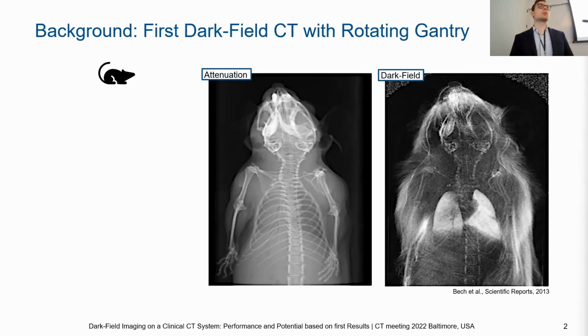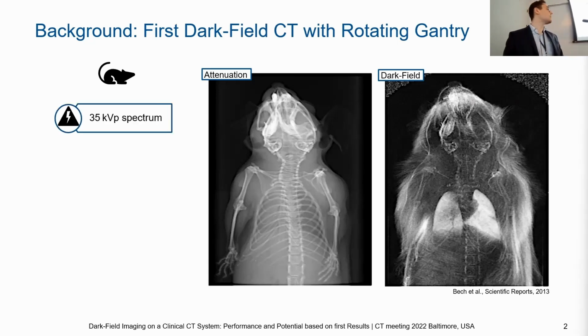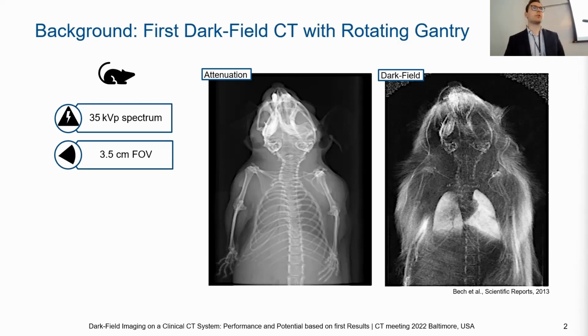And what's also quite immediately noticeable is that the lung in particular shows a quite low signal. So lung imaging is immediately an interesting candidate for analysis with dark field imaging. Now, this system used a 35 kVp spectrum, so it was using a quite soft spectrum. And the field of view back then was quite small, about 3.5 centimeters, which of course was suitable